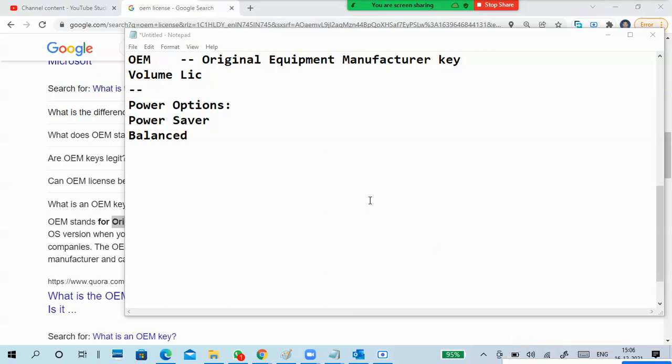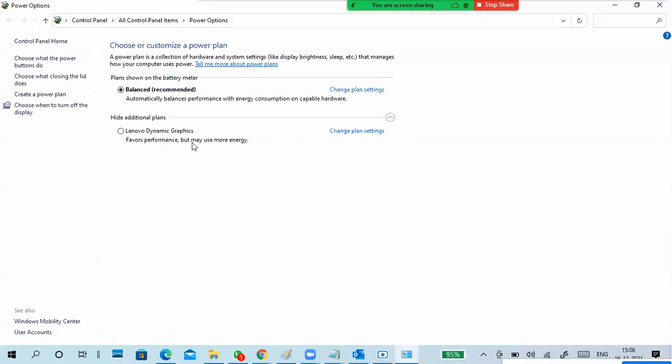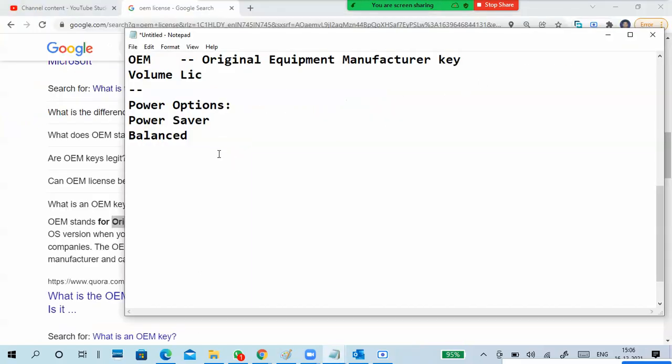You can go to the power options. Just go to control panel, go to power options. Okay, like this. Balanced automatically balances performance with the energy consumption of capable hardware. And now it is not a class, so that's why I'm not doing it.